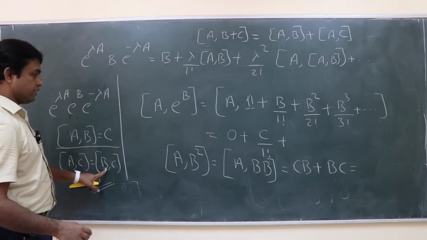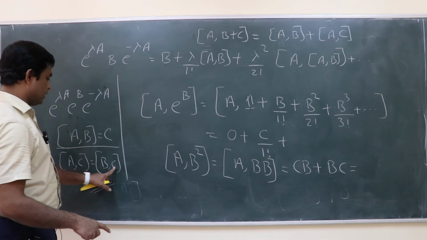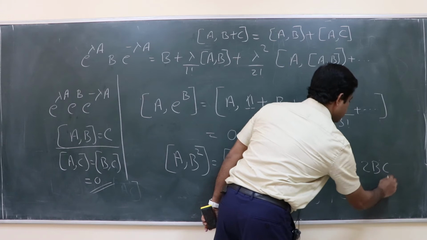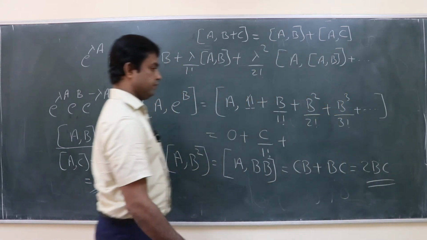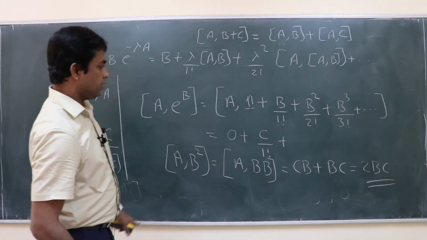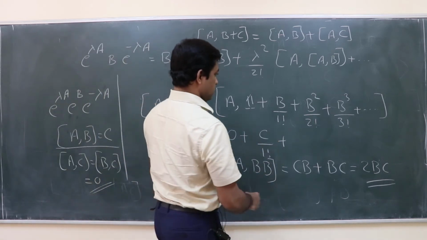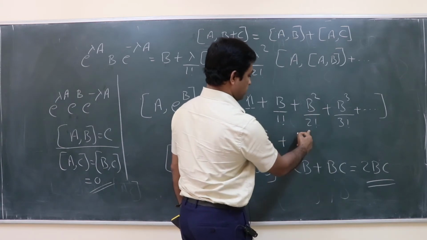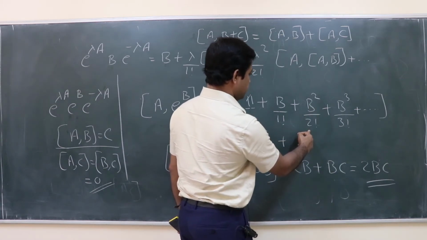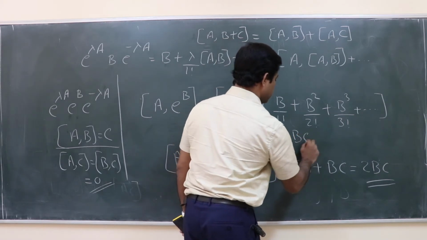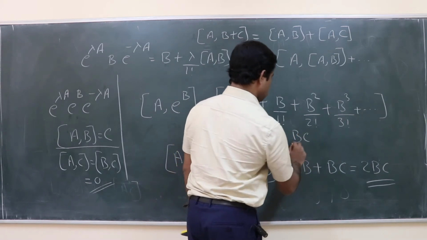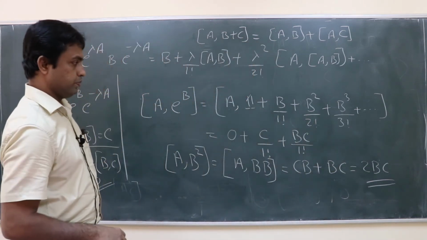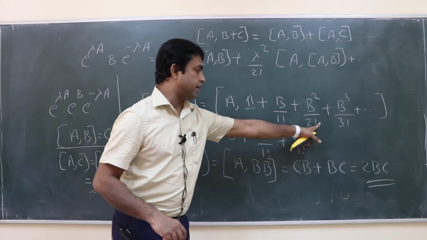See, this condition we have to take here now. So the commutator of b with c is 0. So this is 2bc. Okay. So the third term is 2bc divided by 2 factorial. So what will you get? bc. You can write, for example, bc by 1 factorial. The 2 will cancel with this and another 1 factorial.